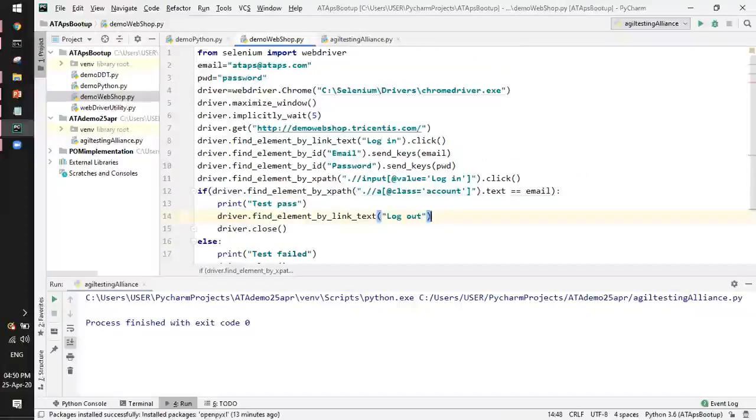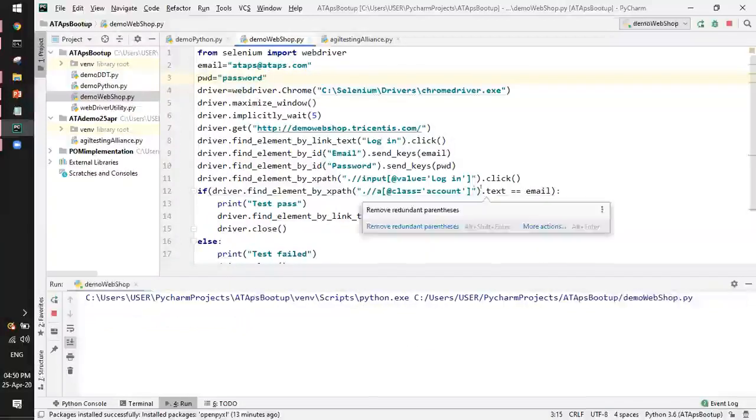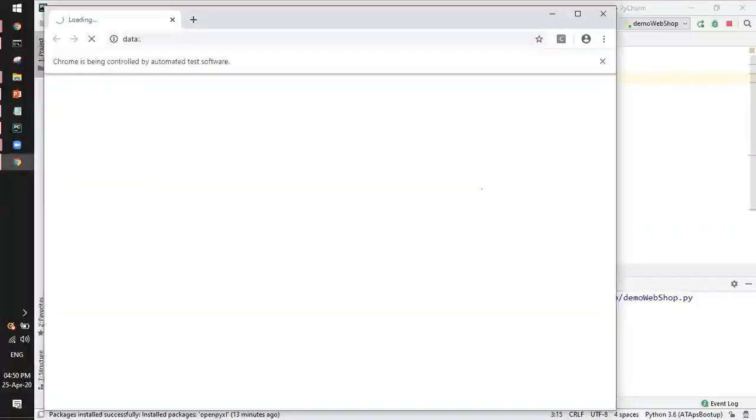Right now I'm not using assert, because assertion is the next thing which I want to showcase. Just see the execution of the code. I'll come back whenever we are going to do the assertions. So I'm executing this code. The browser is launched.